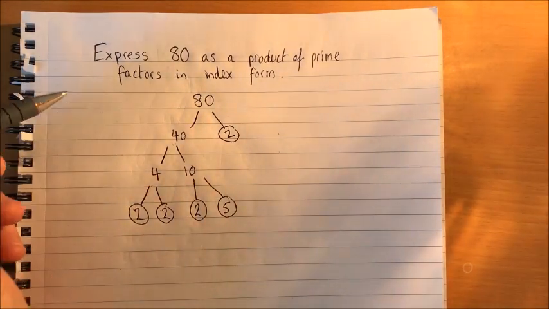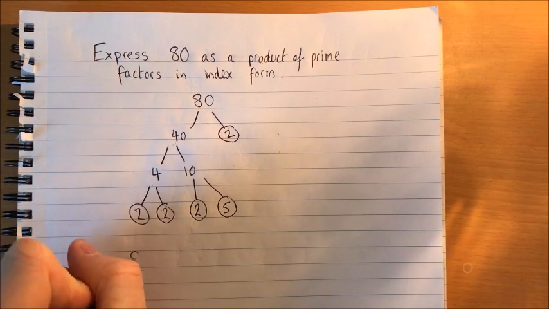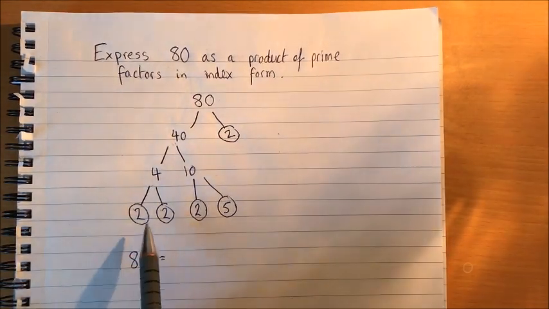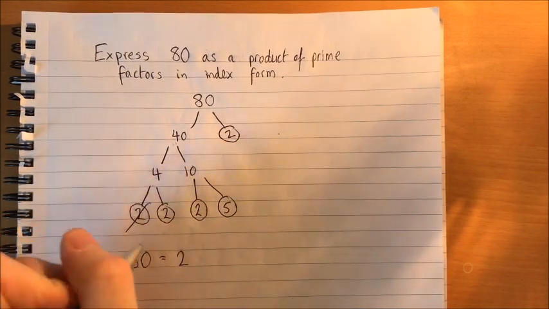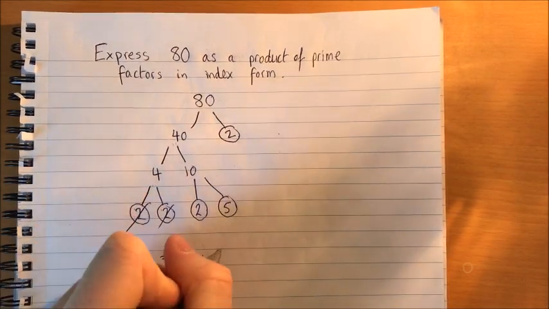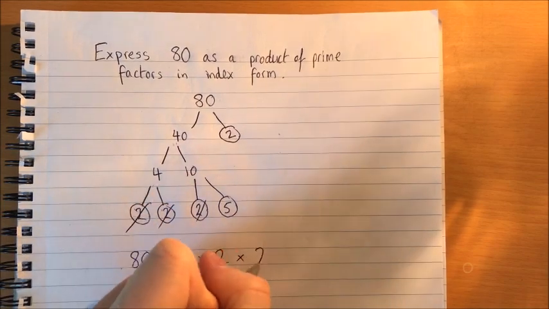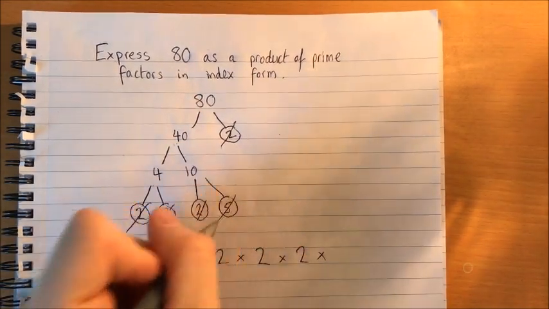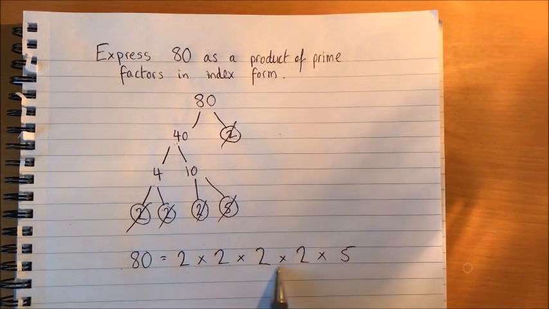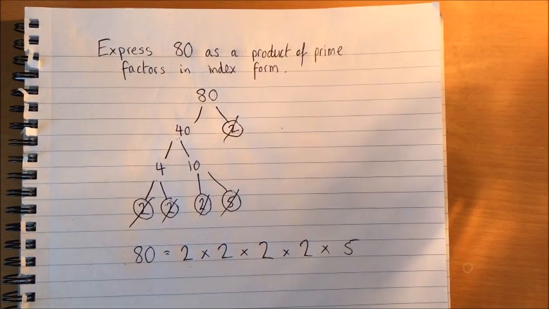So, thinking back to last lesson, I can write 80 is equal to all these circled numbers times together. So it's 2 times 2 times 2 times 2 times 5. I just like to write them in numerical order, it looks a bit neater. And then finally,